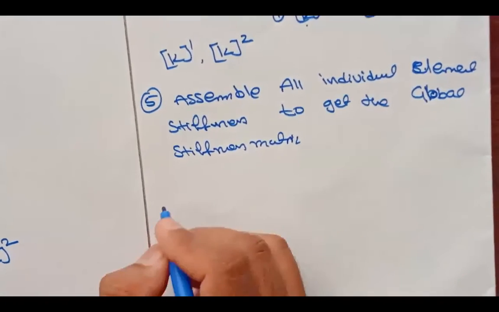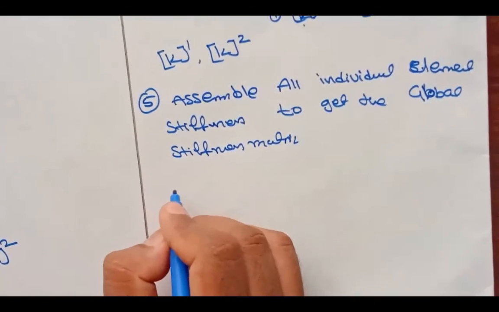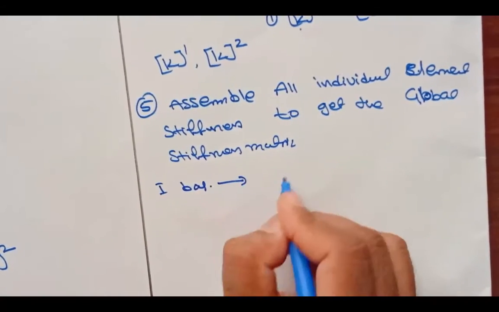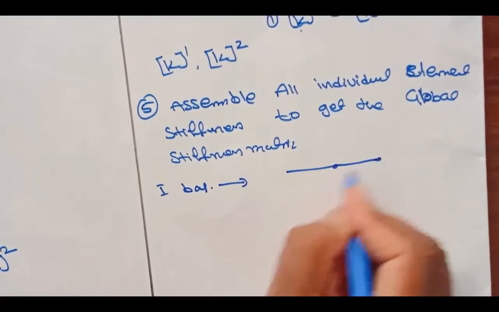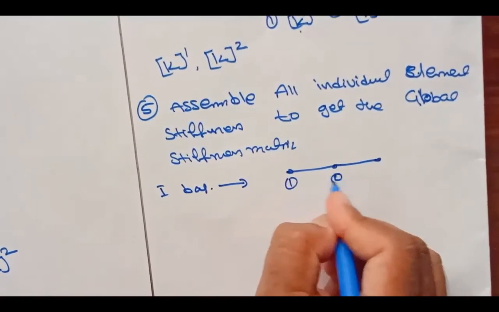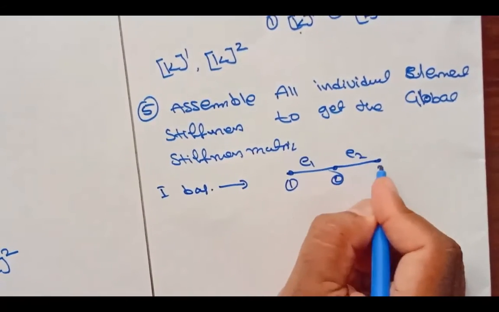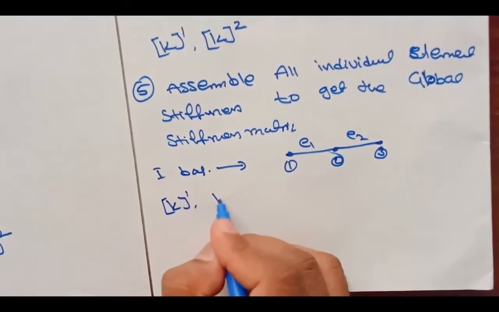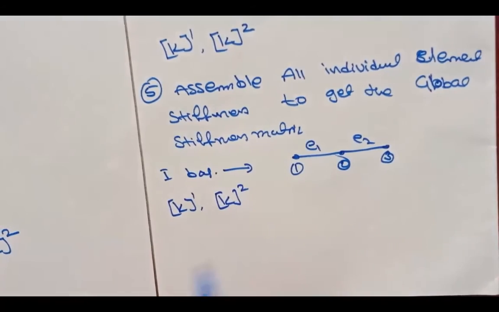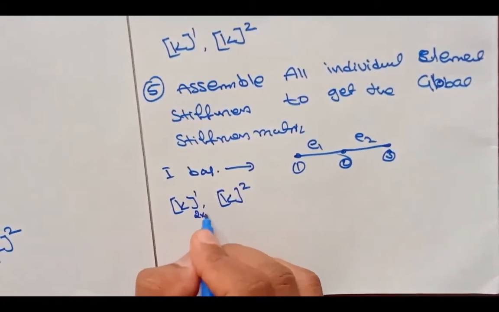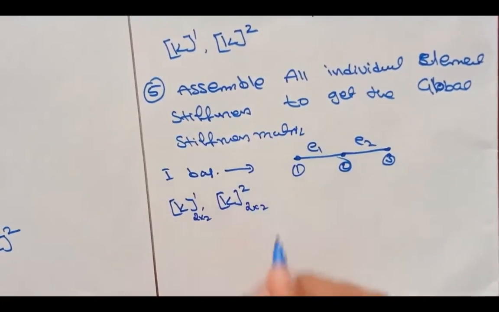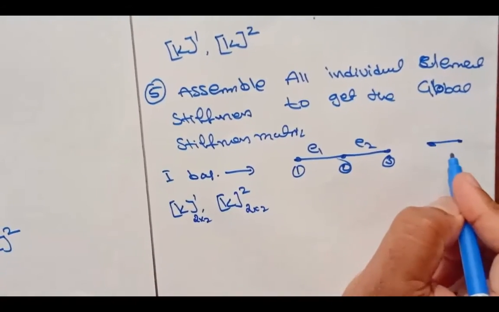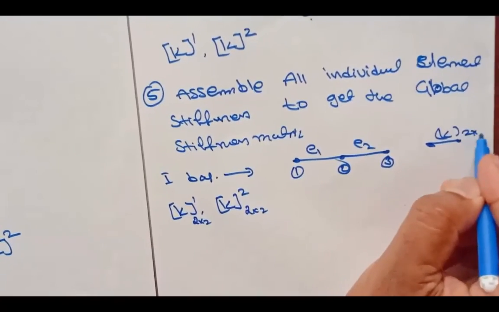So now at this point it is possible to talk about the first category problem, the bar, and we have discretized this into two elements, element 1 and element 2. For element 1 we got K superposition 1 and for element 2 we got K superposition 2. Element 1 is a 2 by 2 matrix and element 2 is also a 2 by 2 matrix, because the simple bar element stiffness matrix is only a 2 by 2 matrix.